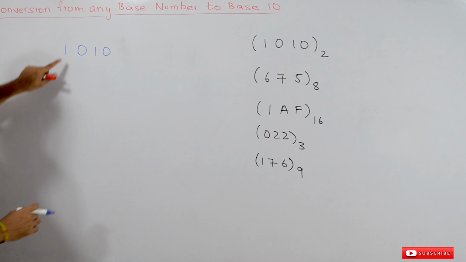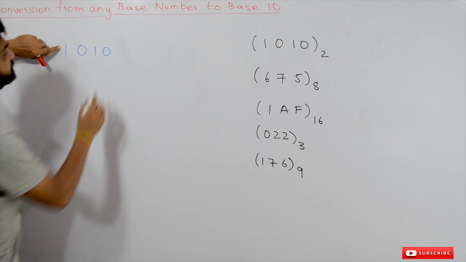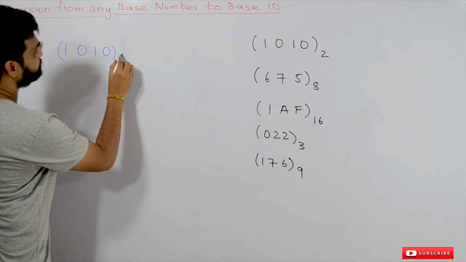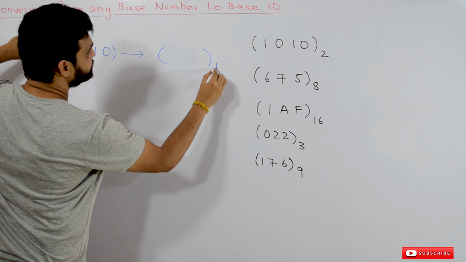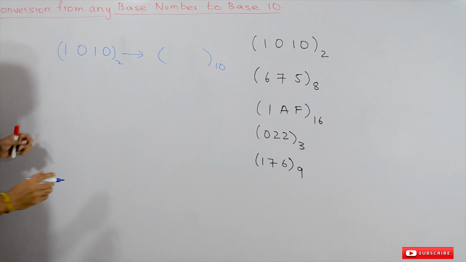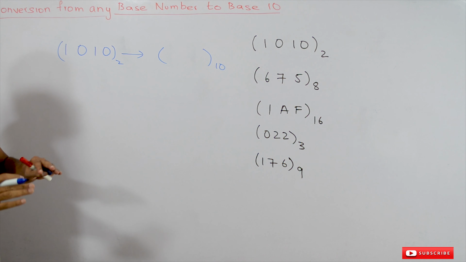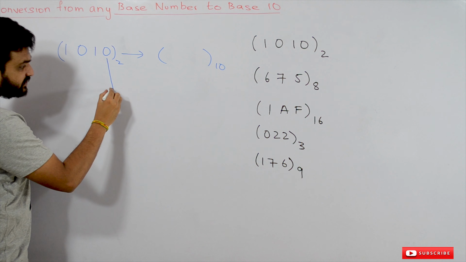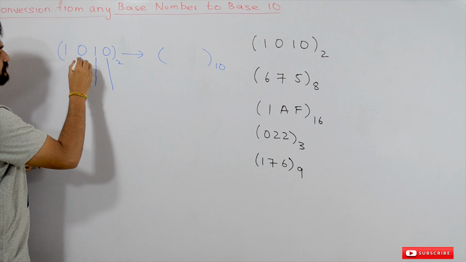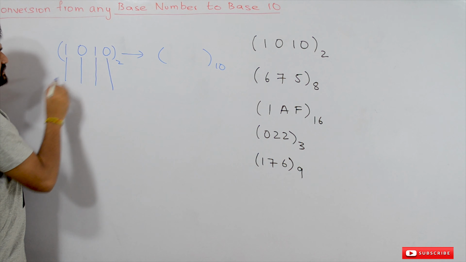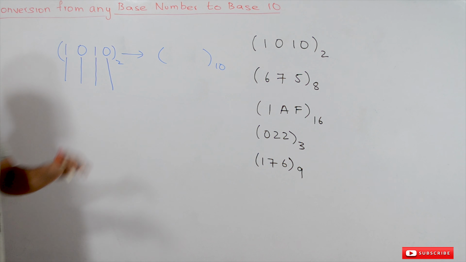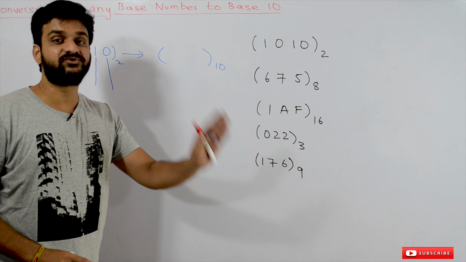Now coming to the conversion, in order to convert this binary number to a base 10 number, how to convert is: sum the positional weights of each and every bit. What is the positional weight of this bit? Find the positional weight of all these bits and sum all those positional weights. We are going to convert a binary number to decimal number. That procedure is sufficient for us to convert a number in any base to the number in base 10.